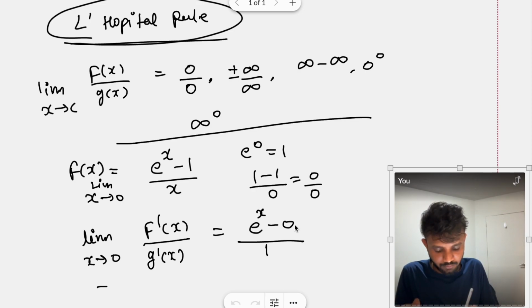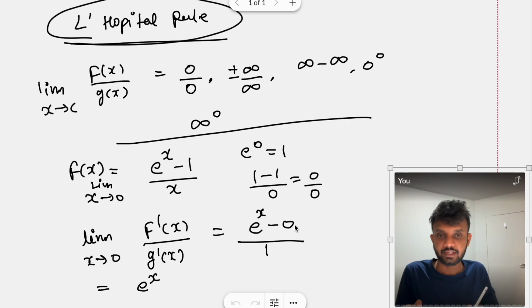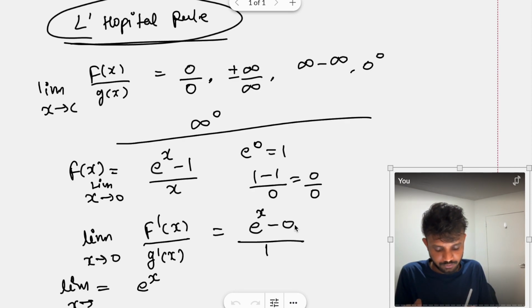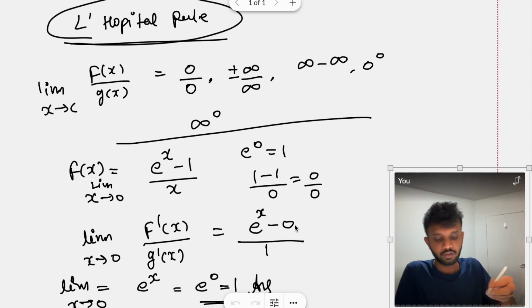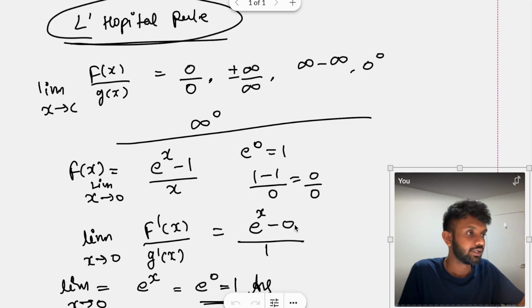So my function now reduced to e to the power x, right? And now if I apply the limit for x tends to 0, e to the power 0 is equal to 1, right? So my answer for this problem will be equal to 1. Okay, we'll do one or two more problems to understand exactly how we can apply this rule to different situations, right? Suppose next I have